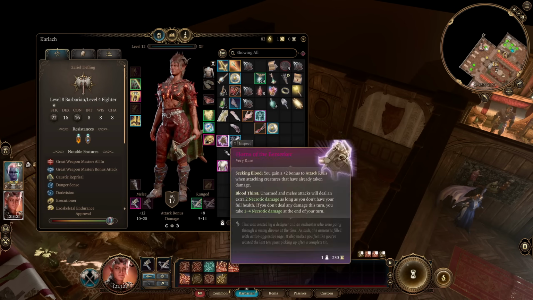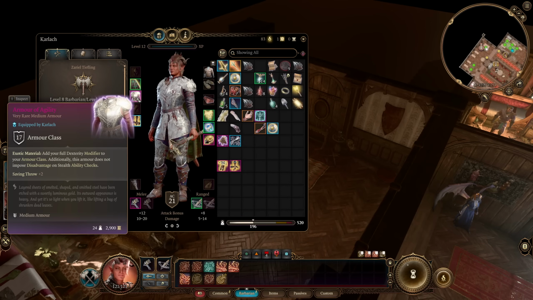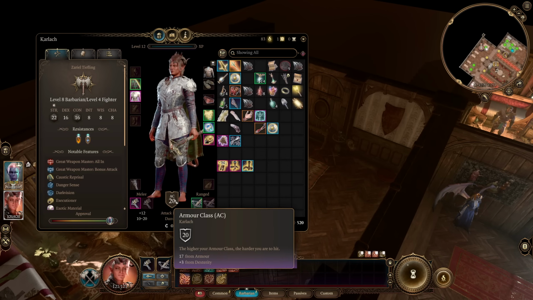Typically, you're going to be better off with medium armor, especially one of the medium armors that doesn't cap the amount of dexterity that you can gain from armor. This is very valuable just to gain additional AC, so anything like the Armor of Agility that doesn't cap it can get you up to a very respectable amount of AC. Oh, I guess I've got these shoes on, but 20 AC is pretty...